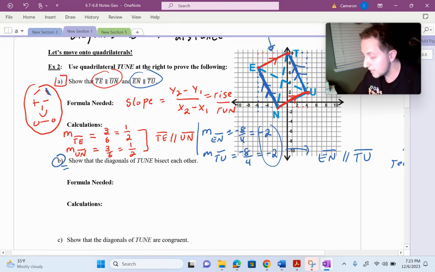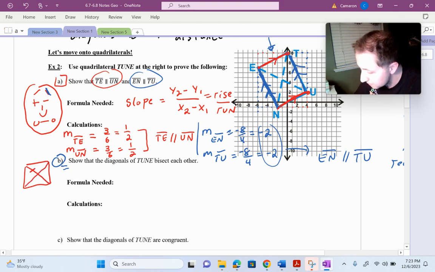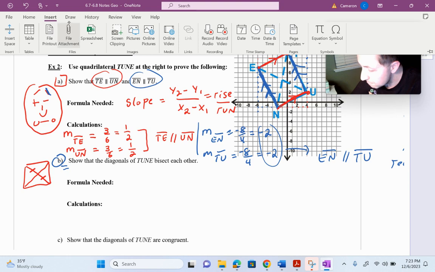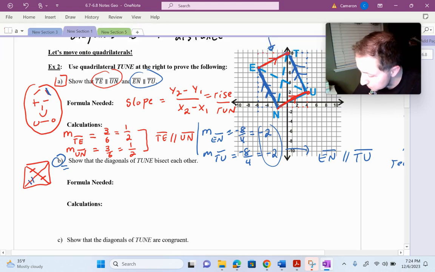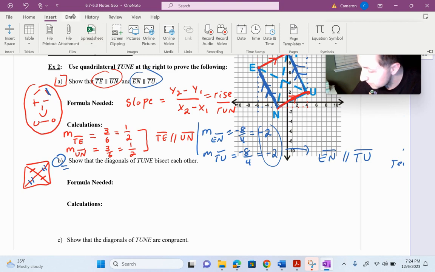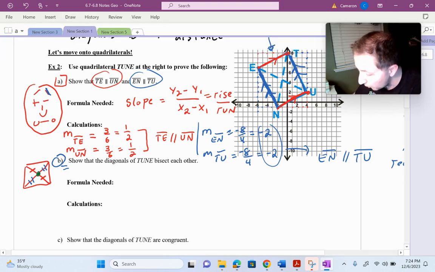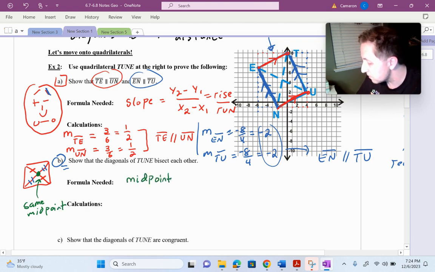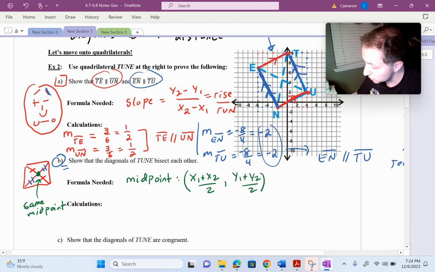If I wanted to prove that the diagonals bisect each other, remember that means they split each other in half. So if I was sketching this on the coordinate plane, that would mean these two pieces are congruent. And that would also mean these two pieces are congruent. And what that tells me is that this point in the middle is a midpoint of both of those diagonals. Both of those diagonals have the same midpoint. So if I want to show on the coordinate plane that diagonals bisect each other, I'm going to need to use the midpoint formula: x1 plus x2 divided by 2, y1 plus y2 divided by 2. And I want to show that they have the same